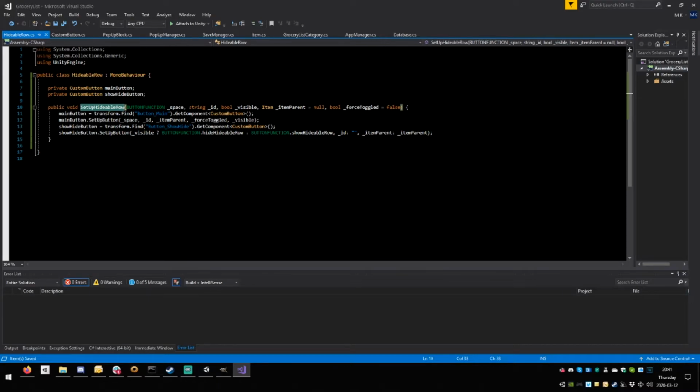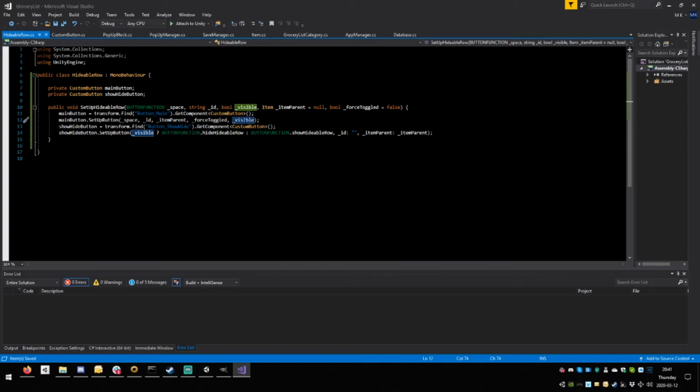Whenever you show, so first we set up the button just as we would usually, except we've added a new variable called visible. And this variable is going to tell that button whether it should be interactive or not, effectively. We're also going to make a small other change, but you'll see it soon. The second thing, however, is